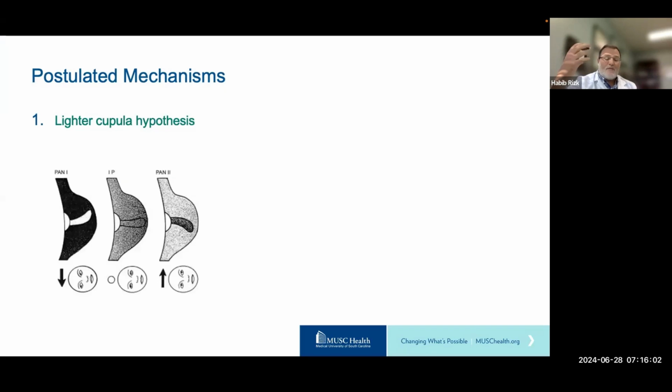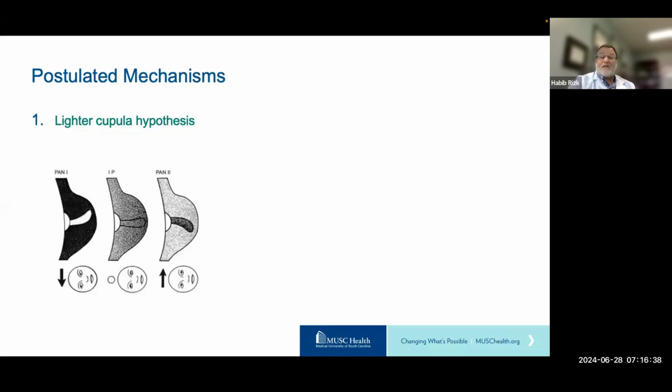And this is not a new theme. We've known for a long time that positional alcoholic nystagmus causes something similar. We know that in the early phases of alcohol intoxication, the alcohol goes into the cupula and makes the cupula less dense than the surrounding endolymph, and you have a geotropic horizontal beating nystagmus. And then the nystagmus goes away when the density equalizes across the cupula. And then when all the alcohol has basically diffused out of the cupula, you will have a sinking of the cupula because it becomes heavier than surrounding endolymph, and you get an apogeotropic nystagmus.